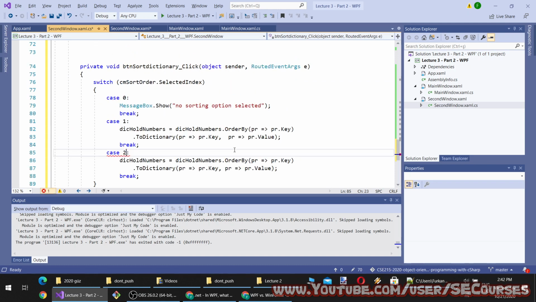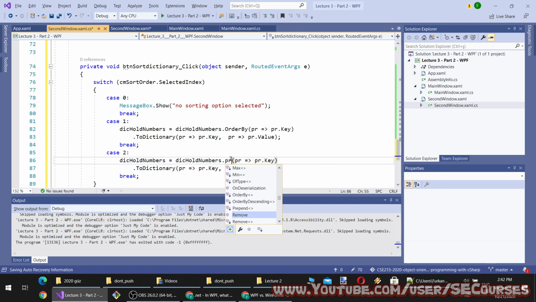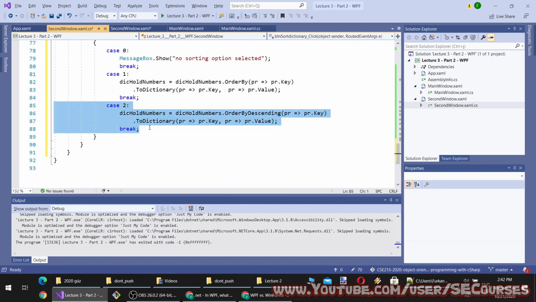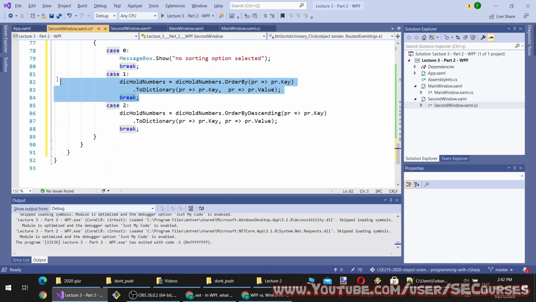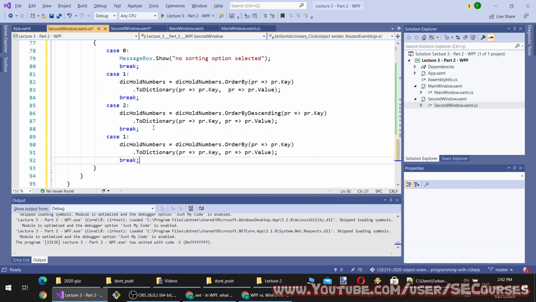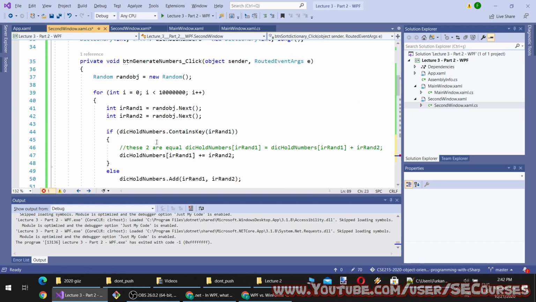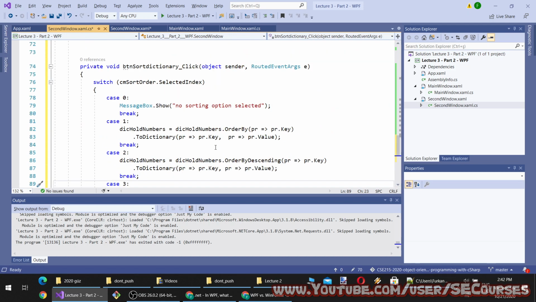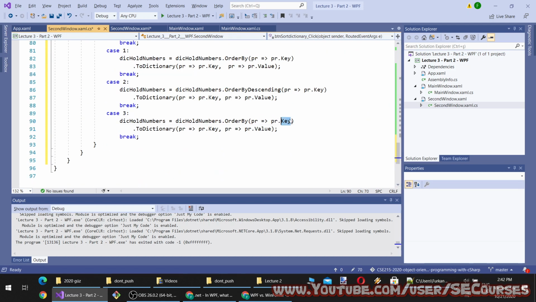So I'm typing case 2. In this case, it will be ordered by keys descending, and case 3 will be ordered by value ascending. So this time I will order by value.